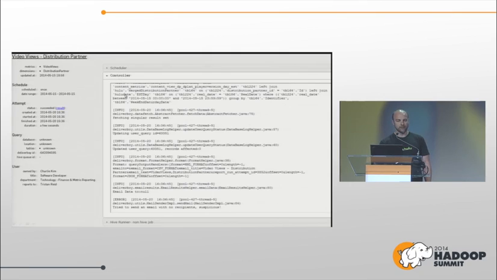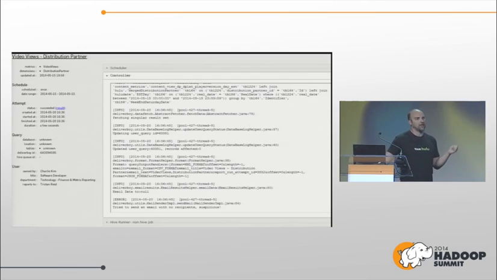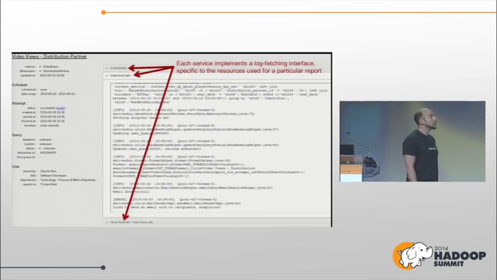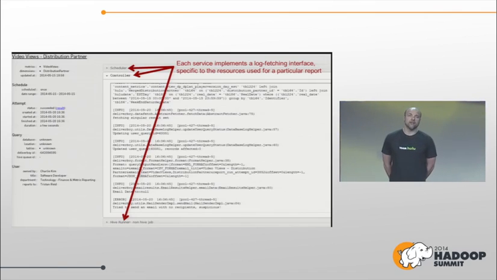So this controller, the one that I have open, this is the log file for this particular report on the controller. In order to make this happen, we have to have a common ID that spans across all of these different systems. So that was part of the effort that we needed to undergo to do this. And then we implemented a service on each of these components so that we could fetch a log file for